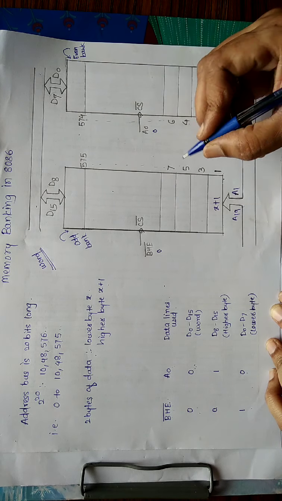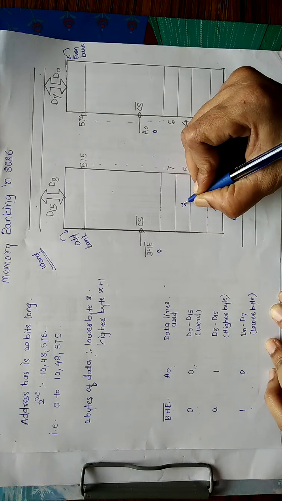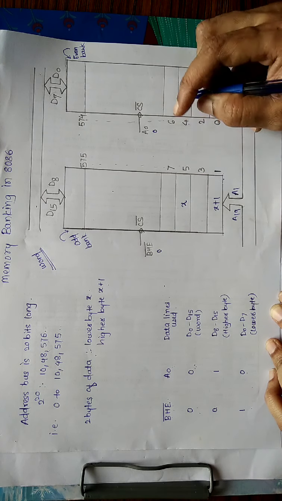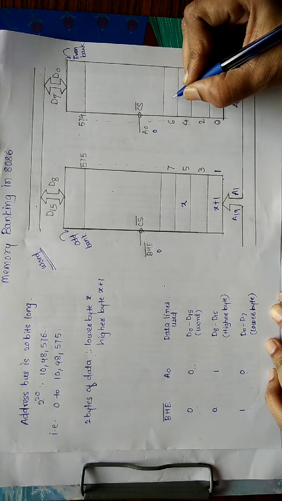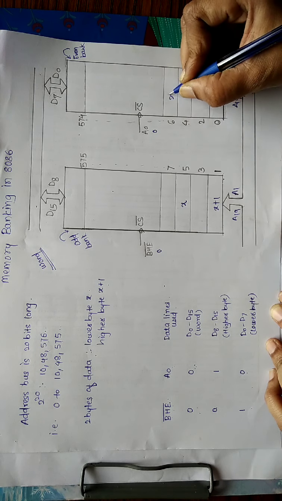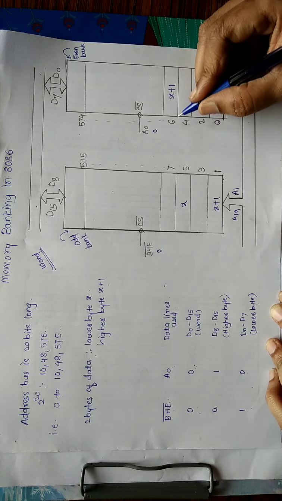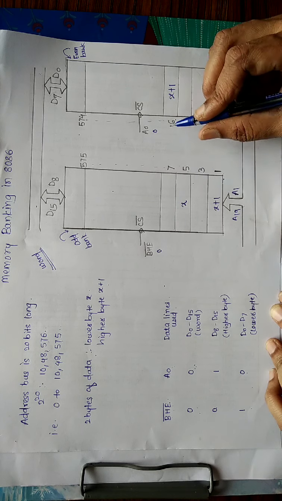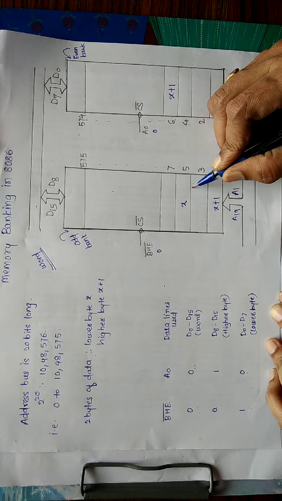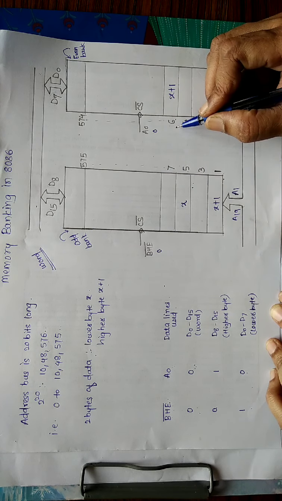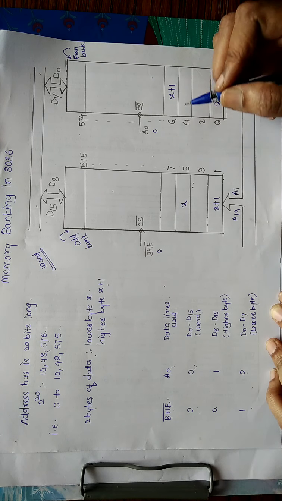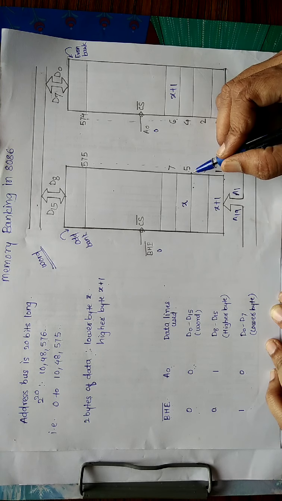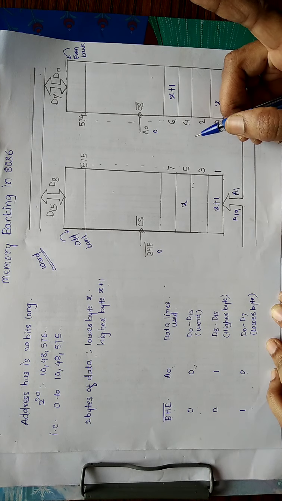Whereas if it is situated at an odd address, then x is present at address 5, and the next successive address to 5 is 6, so the higher byte gets stored at address 6. Now if you compare the bit representation of 5 and 6, it is differing in more than 1 bit. So this word cannot be read in one read operation.